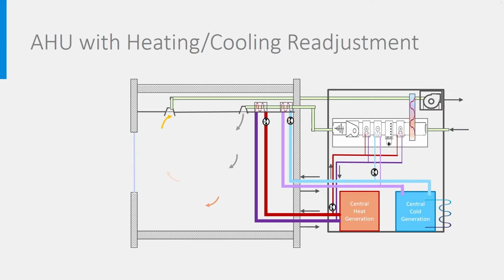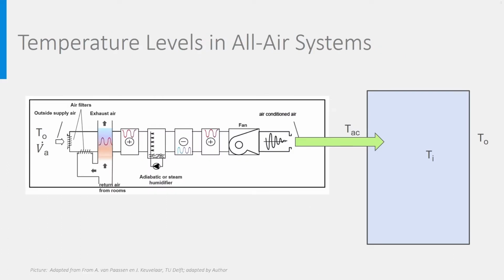at room level, adding a bit of cooling or heating in the room, depending on the specific needs of the room. A room with more occupants and oriented to the sun is more likely to need cooling, while a room with only one person and seeing no sun will need heating. This raises the question at which temperature the conditioned air coming from the air handling unit should be provided to the rooms. Let's start with an all-air system and review how it works.